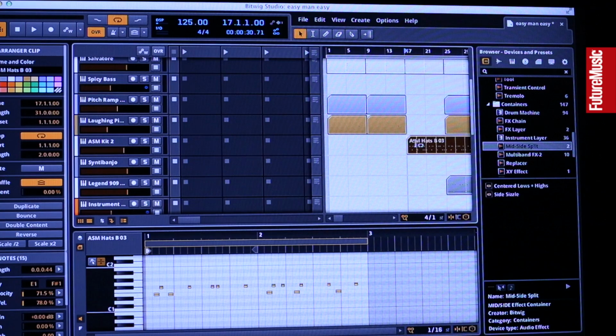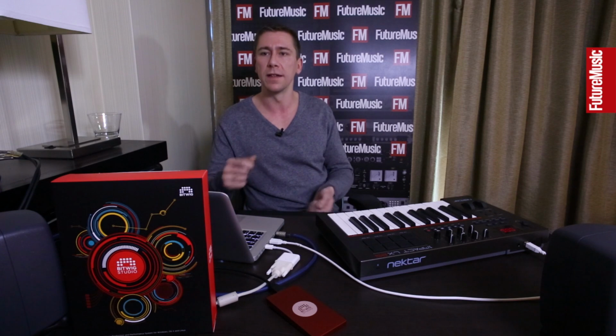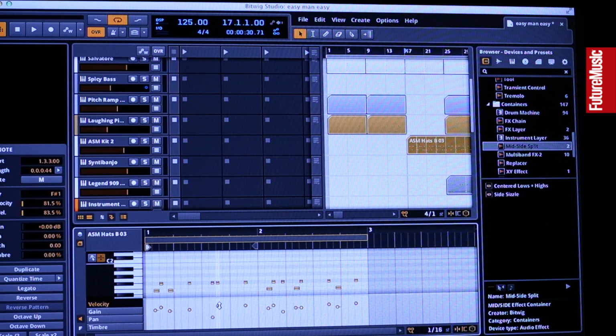Another interesting aspect is how we incorporated bulk functions into the inspector. If you click on a clip, you can see the notes of the clip, and I can open the velocity lane to show all the velocity values. Often you want to introduce some human feel into what you just programmed, and you would start to move those little velocity dots to give it a feel like it was played by a real human.